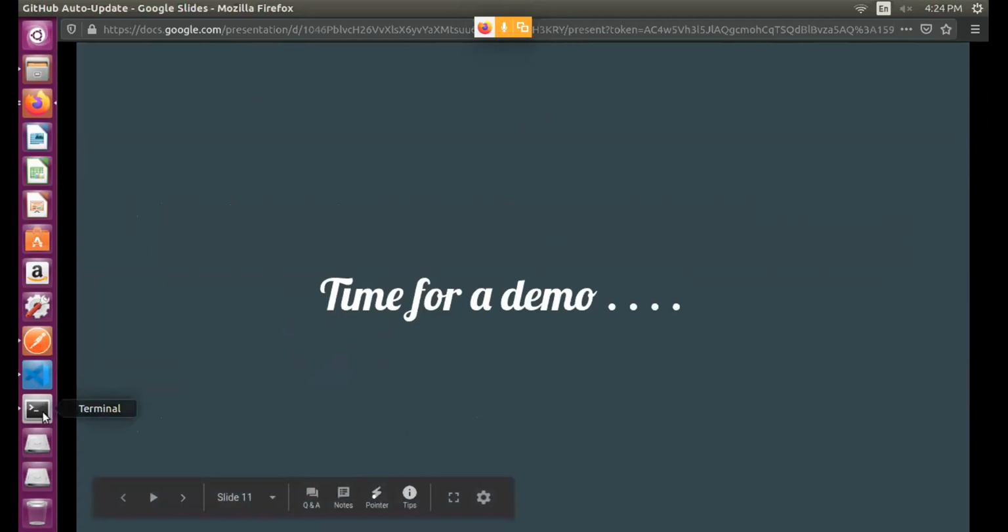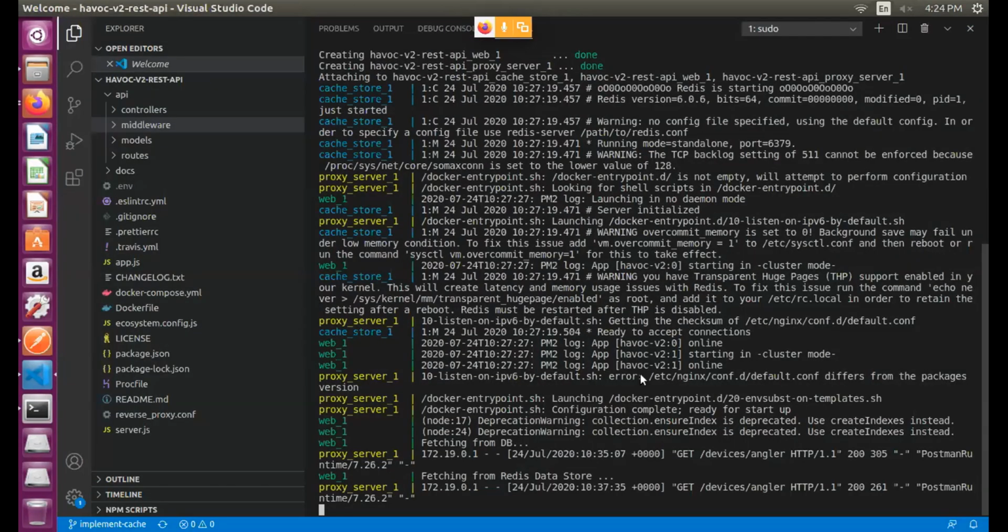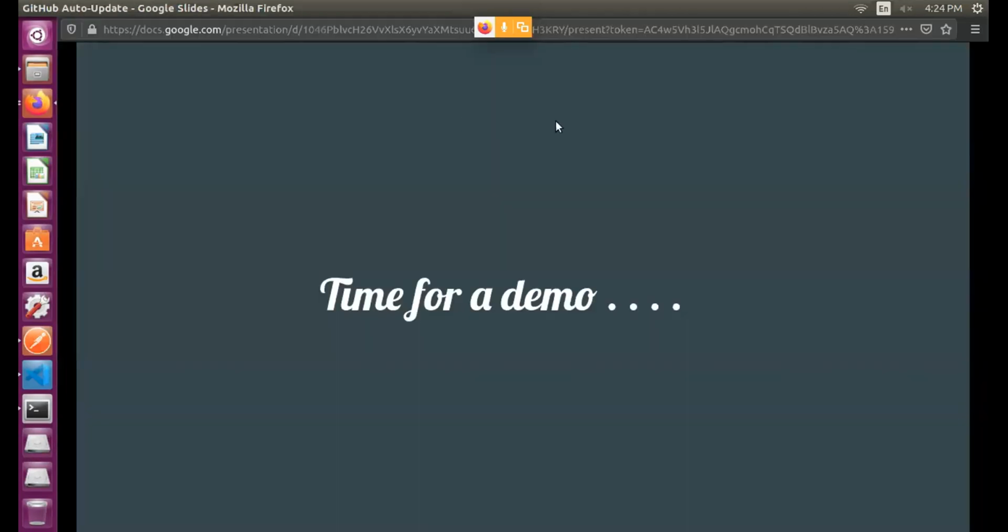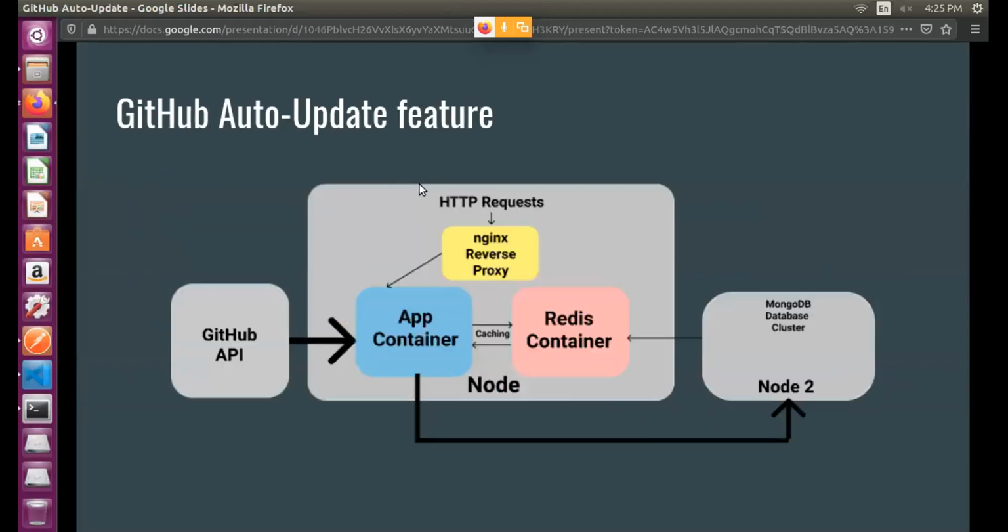Okay, so I would like to show a quick demo of what we have implemented until now. This is my application running. You can see the entire project is containerized. All these things you see, the proxy server, the web, and the cache store, are containerized applications, and all of them are initialized by Docker Compose. This is our main application, which I have shown you in the slide.